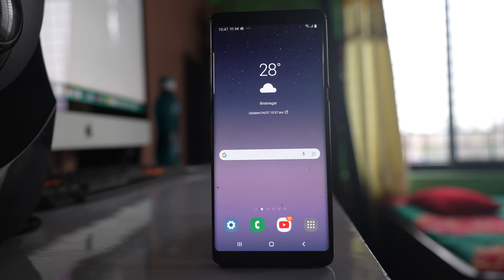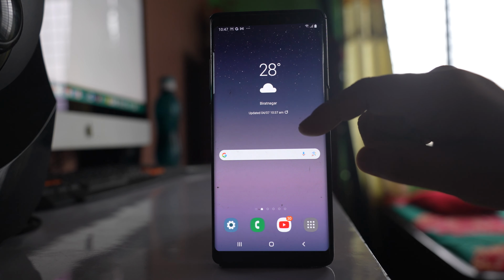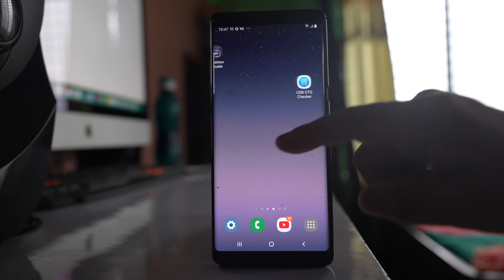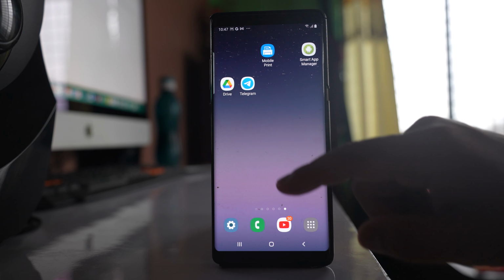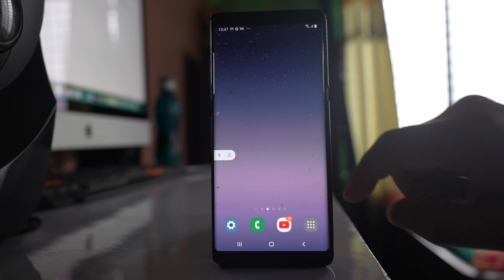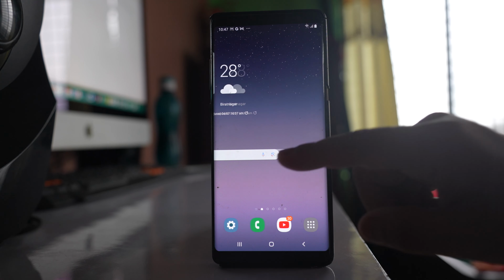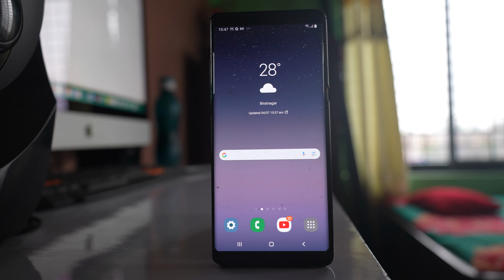In this video today, we will see how to add an application icon to the home screen of your Samsung device. So this is the home screen, and if you swipe to the left, these are all home screens. Now if you want to bring an application icon on this home screen, then what you can do is you